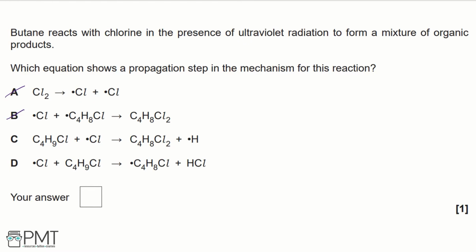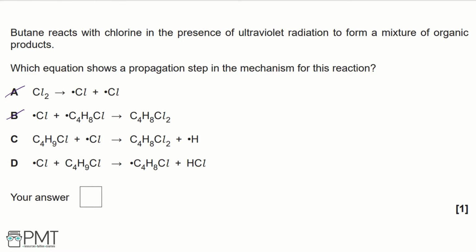Now we're left with C and D. Both C and D involve a radical and an organic compound, and they're forming an organic product and a radical. However, looking at C, we're producing a hydrogen radical, and that is very unlikely in free radical substitution. It's much more likely that you would form hydrochloric acid, or HCl, and C4H8Cl as a radical, which would then continue in your second propagation step, where this radical would then react with